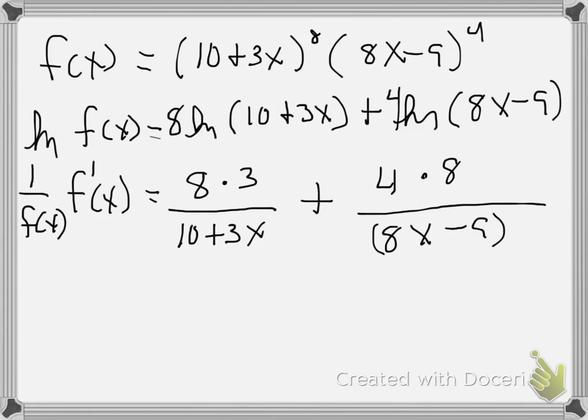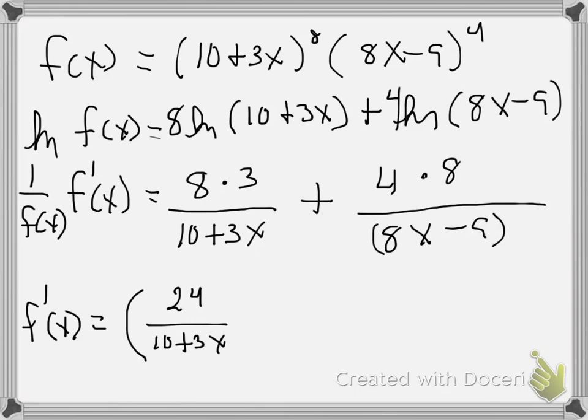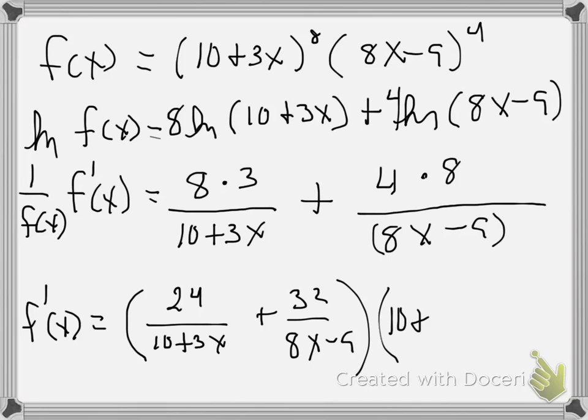So now, if I do some simplification, multiply each side by f of x, I get f prime of x equals 24 over 10 plus 3x plus 32 over 8x minus 9, times 10 plus 3x to the 8th power times 8x minus 9 to the 4th power. And that